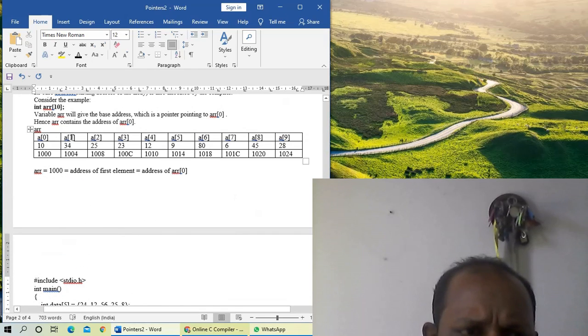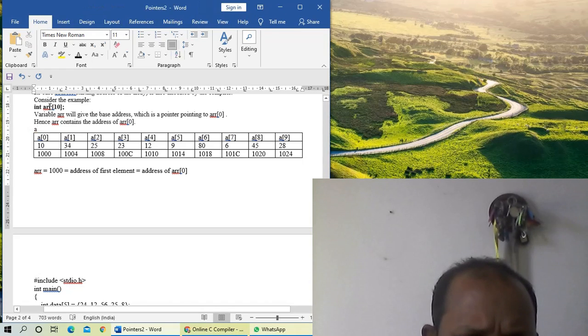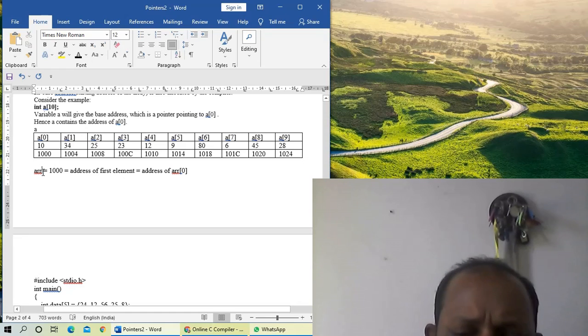In this example, suppose we are replacing arr with A, the base address A. Here we use the variable name data instead of A, and suppose the array is the same, then the base address is 1000.